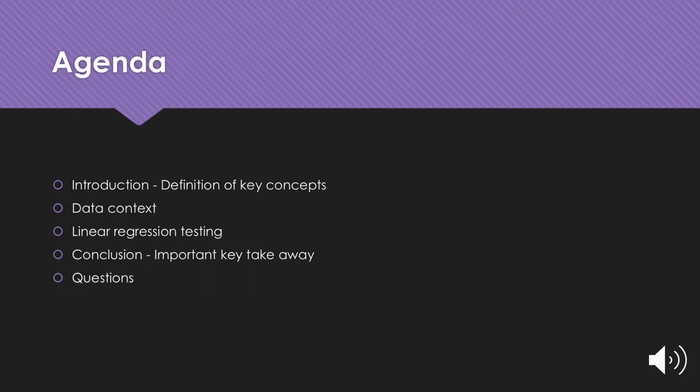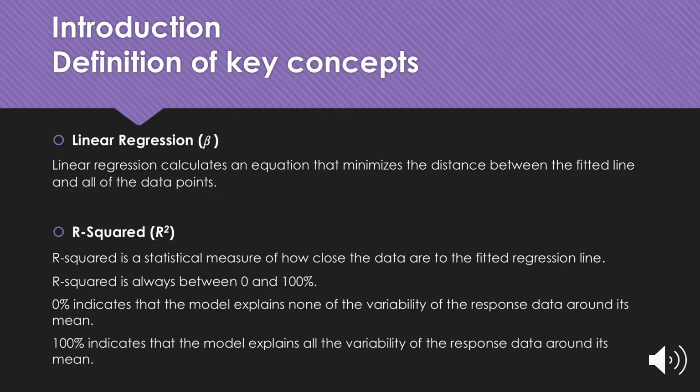Linear regression. Linear regression calculates an equation that minimizes the distance between the fitted line and all of the data points. R squared. R squared is a statistical measure of how close the data are to the fitted regression line. R squared is always between 0 and 100%, where 0% indicates that the model explains none of the variability of the response data around its mean, and 100% indicates that the model explains all the variability of the response data